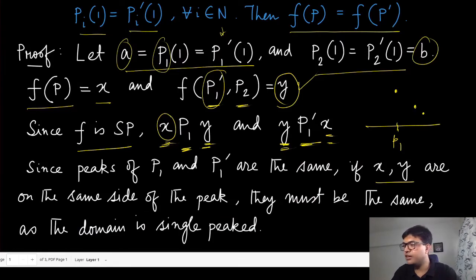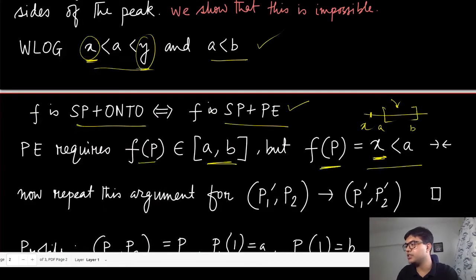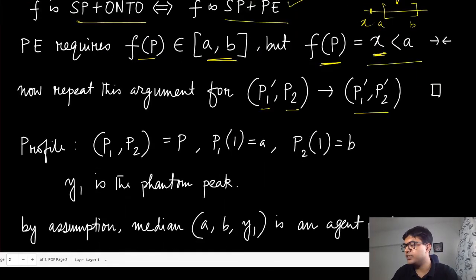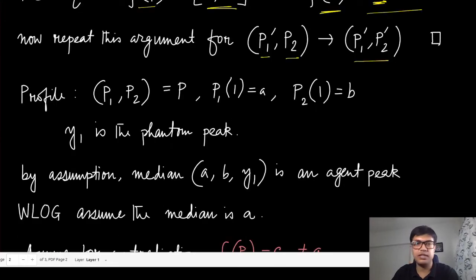So we have done the transition from P1 P2 to P1 prime P2. Now we can complete this transition: from P1 prime P2, where we know that the outcome is the same, we go to P1 prime P2 prime, and there also the outcome should be the same. Okay, so with that small result, let us get back to the actual proof.